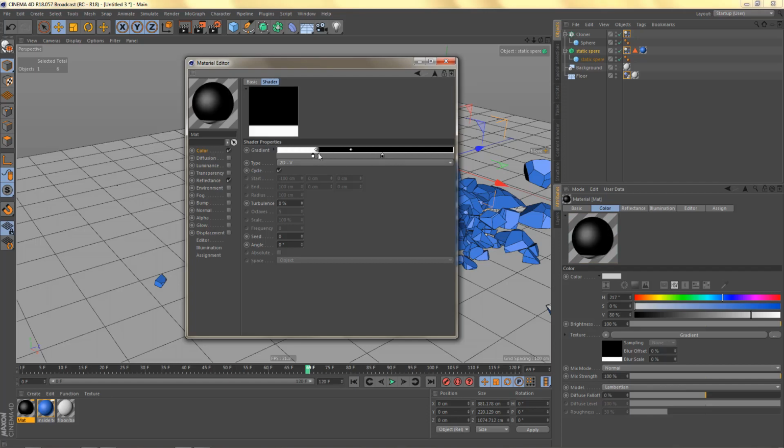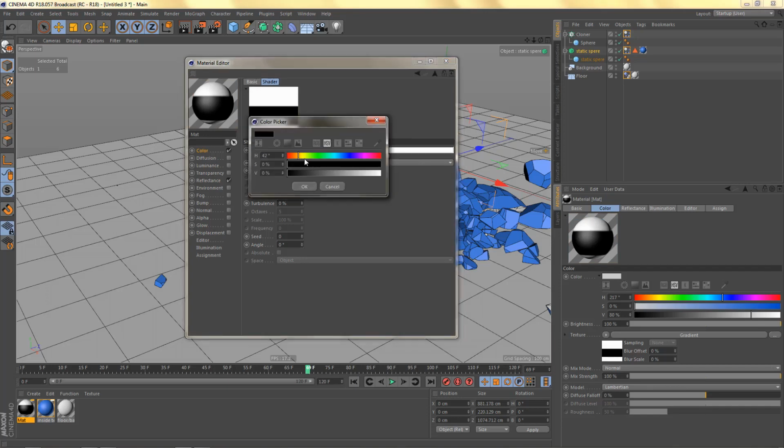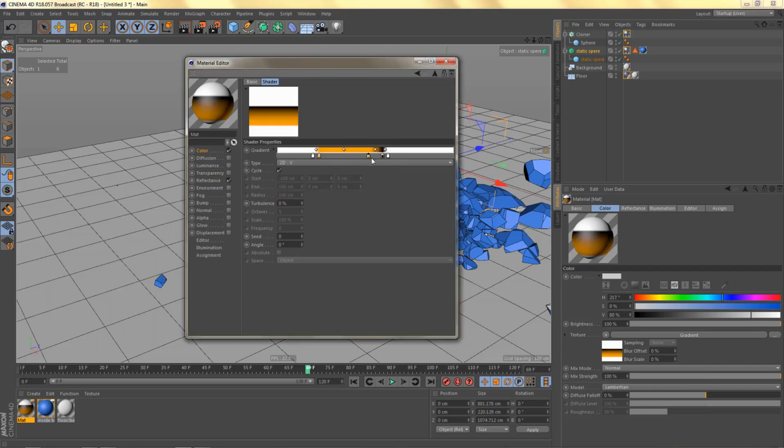Well, let's move it over to here and make another copy and move that over to here. And I'm going to change black to a nice orange, maybe something like this. Let's copy this knot, delete this one, and now we just need to position these knots to